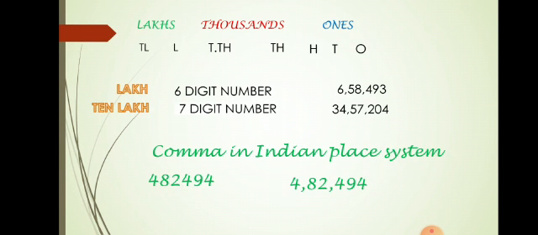Now, second topic: how to put the comma if we have any number. We will put a comma to separate the periods. It means we will put one after 3 digits from the right hand side because it is the period of ones. Then we will put a comma again after 2 digits because that was the period of thousand. So we start from the right hand side and put the commas as 3, 2, 2. It means we first leave 3 digits, then leave 2 digits and then place the comma.